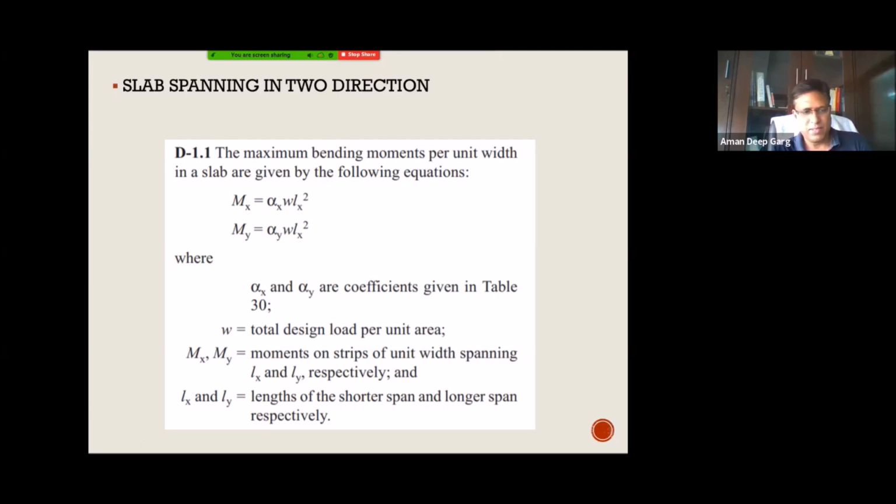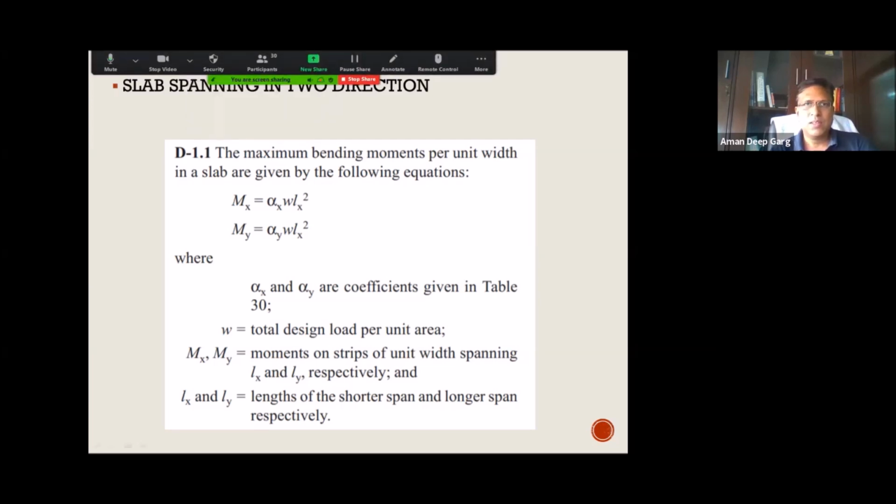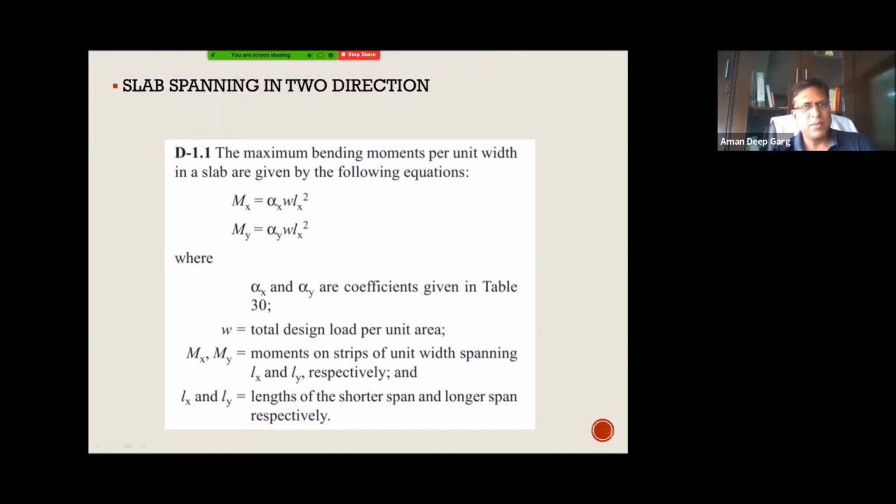Now first of all, before I proceed with this formula and the table which will be in the next slide, how we calculate the bending moments for the slab, I would like to discuss how you think about the slab bending properties. How would the slab bend? Because basically, as I explained earlier, the shape of bending will decide where the strain will be more, and ultimately strain will require the stress, and based on that only we will provide the reinforcement. So to understand that, suppose there is a slab of 3 meter by 3 meter, or you can say that it is a square slab.